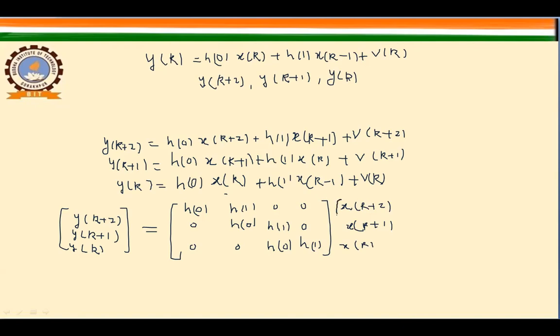ये हो गया। ट्रांसमिटेड सिंबल मैट्रिक्स प्लस नॉइस v of k+2, v of k+1, v of k. इसमें कितनी रो हैं? 1 2 3, 3 रो हैं, कॉलम कितना है 1, तो r×1, और r इसमें वेटेज 3, तो ये हो गया 3×1 का